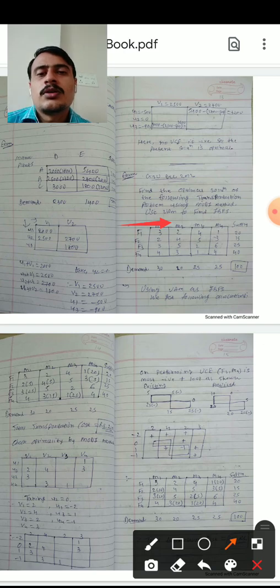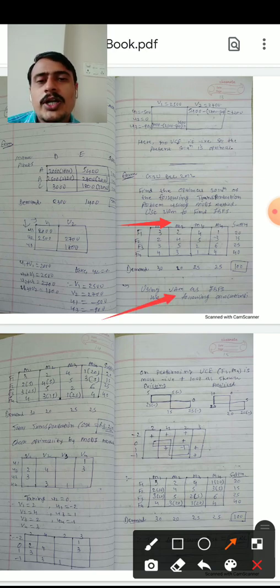The markets are M1, M2, M3, M4 and the factories are F1, F2, F3, F4. Supply and demand are 20, 15, 25, 40, 30, 20, 25, 25. First we will check that the demand and supply summation is equal. Then we will use the WEM method to find out the initial basic feasible solution.